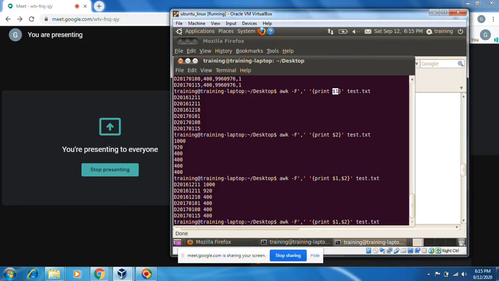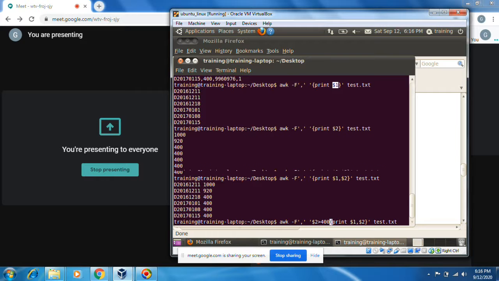If I want to put some condition, if $2 is greater than 400, then print $1, $2.